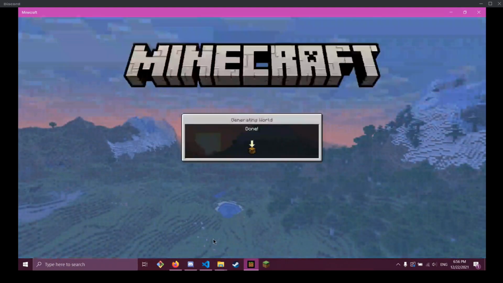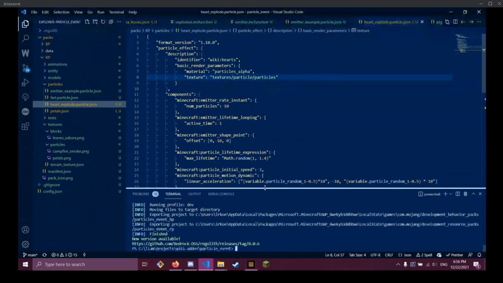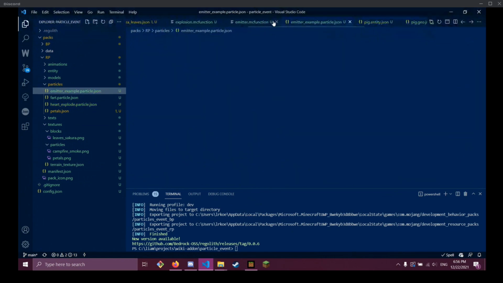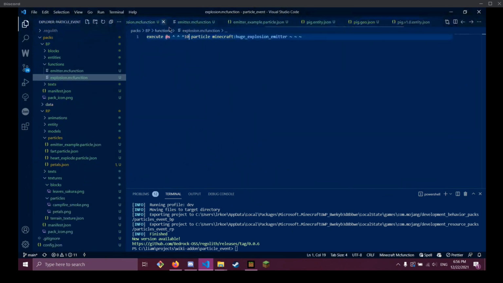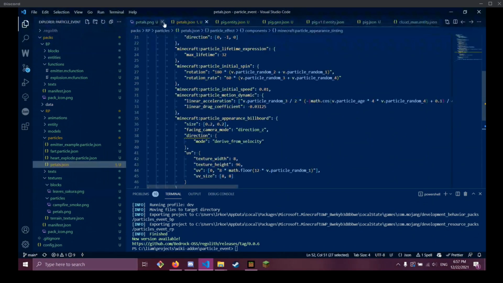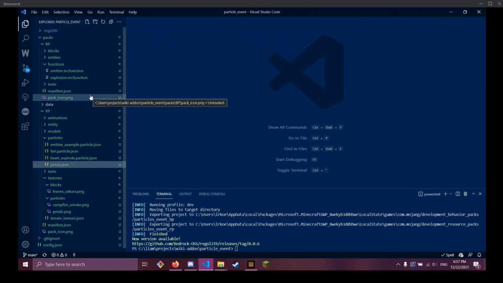Yeah, so I actually should show you how to attach a particle to an entity because it's really easy. It just takes 2 or 3 files. So I have everything set up, and so we're just going to walk through that example, and we'll switch it from being like a fart to being those heart explosion that I created. Too many. Okay, so everything is pretty much in the resource pack.